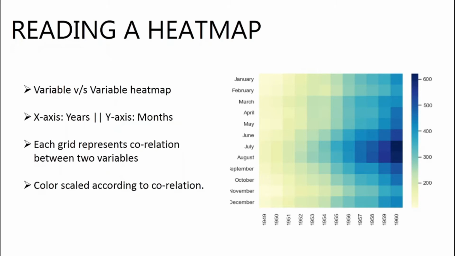So to read this heat map, let us for example fix a month. Let us say January, and let us look at the precipitation from 1949 to 1960. So we can see as the years pass by, the color turns towards the blue shade more, which shows that from 1949 to 1960 the precipitation in the area has increased. Now another way of doing it is fixing a year. For example, let us fix 1960, the rightmost column. So we can see that precipitation increases from the month of January to the month of July where it peaks, and then it starts decreasing again up till December.